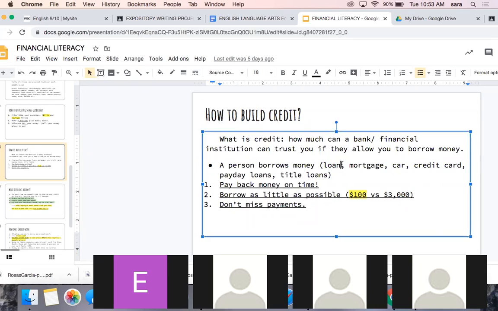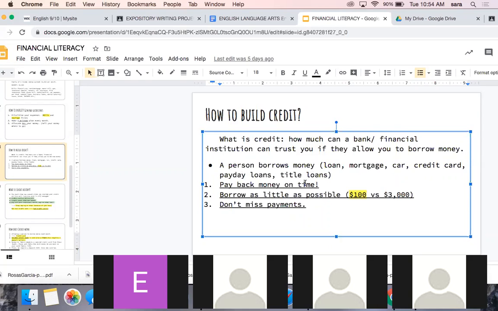And then there are the less famous ones like payday loans, where you go to a sometimes sketchy place and give them your check in exchange for a loan, an advance on your check. You cash your check later and pay them back as you get your check. Those are payday loans. There are title loans, where you take the title of your car and ask for money. They give it to you, and you leave your title as the deposit. If you don't pay them back, they'll take your car. That's kind of how they work, right?